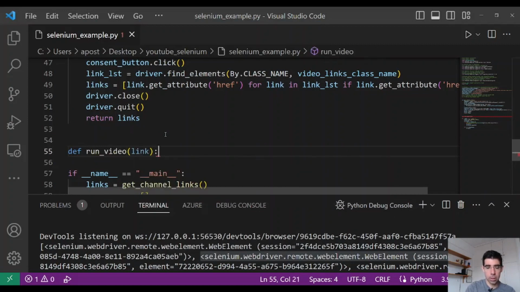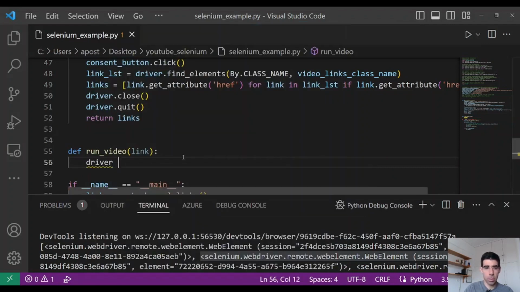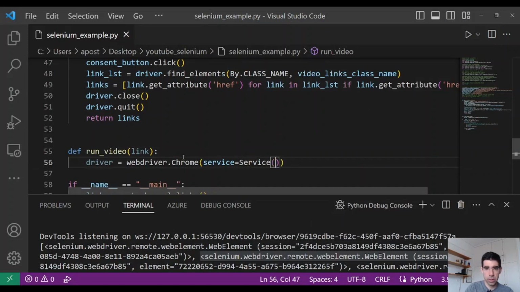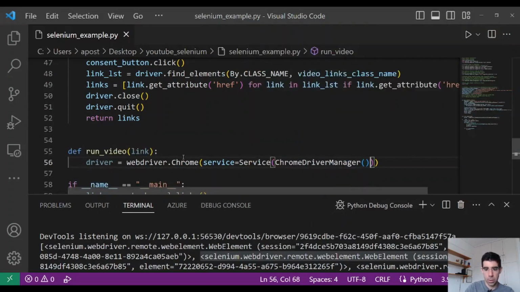link. Let's create an instance of a driver again because we closed the previous one. So WebDriver.Chrome, and then that would be here service, and then Chrome Driver Manager dot install